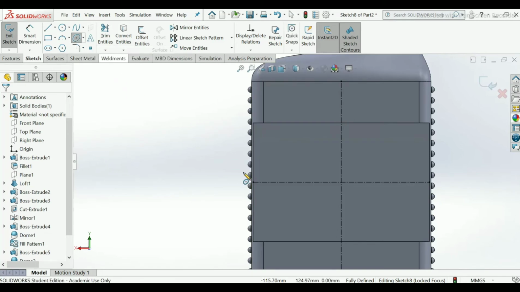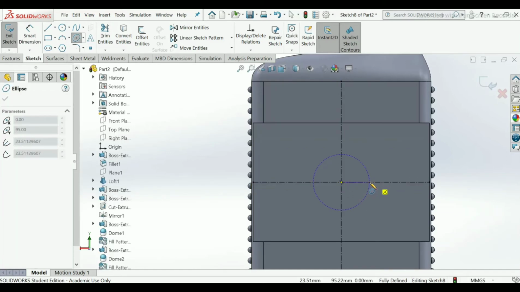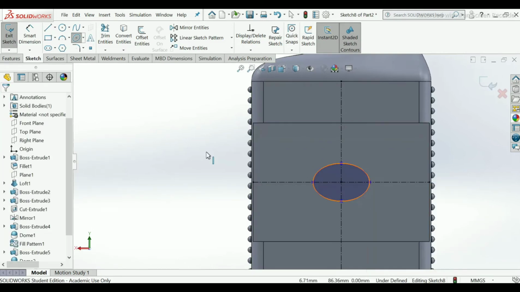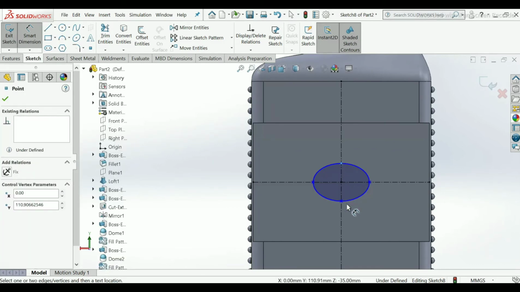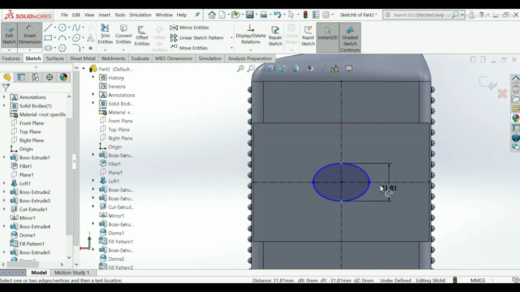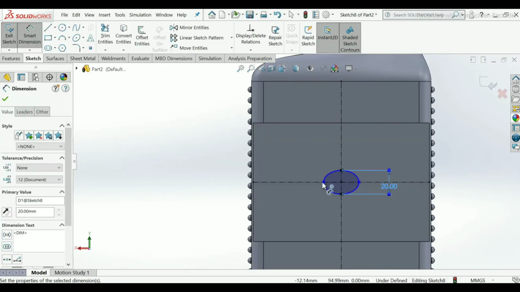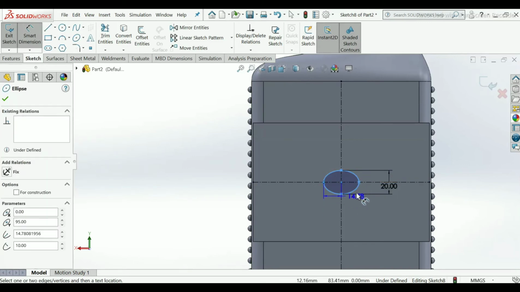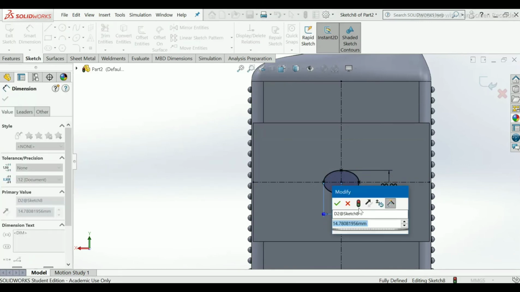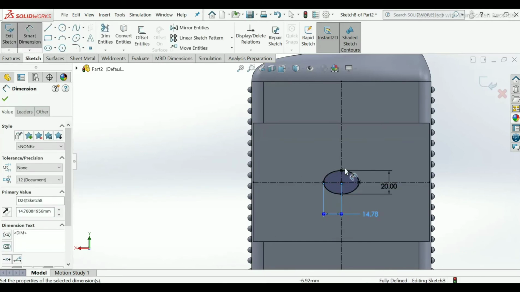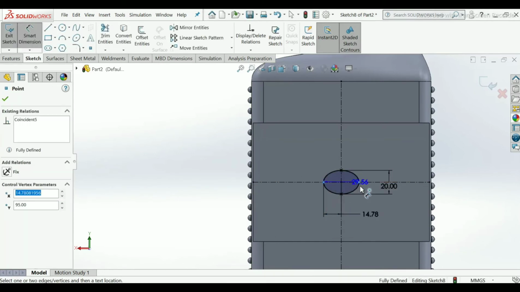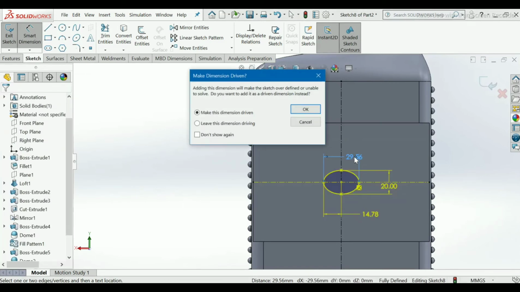Select this ellipse, choose this center point as rectangular and yellow in color, apply dimensions, take height as 20 mm and this length will be 34.